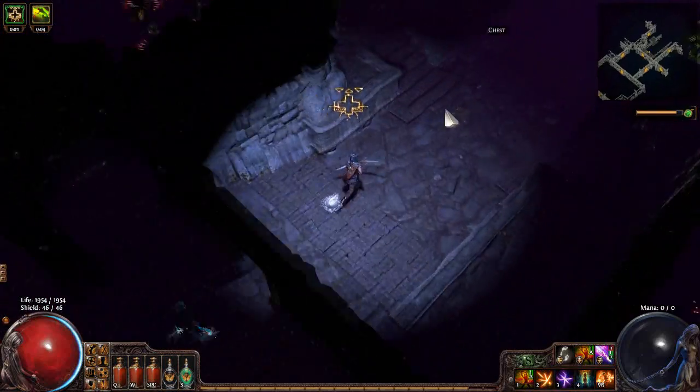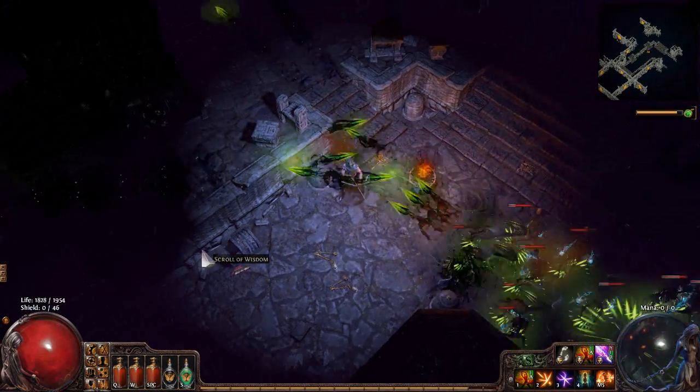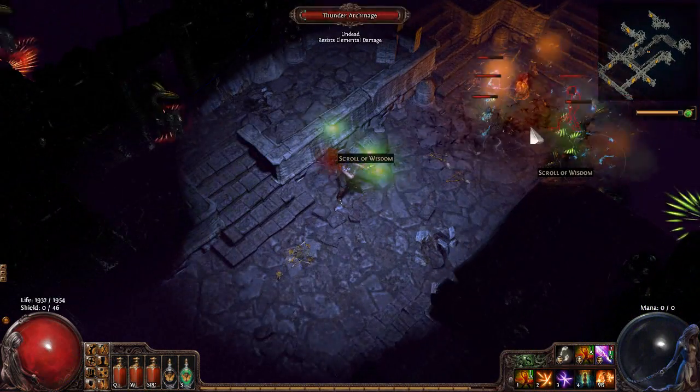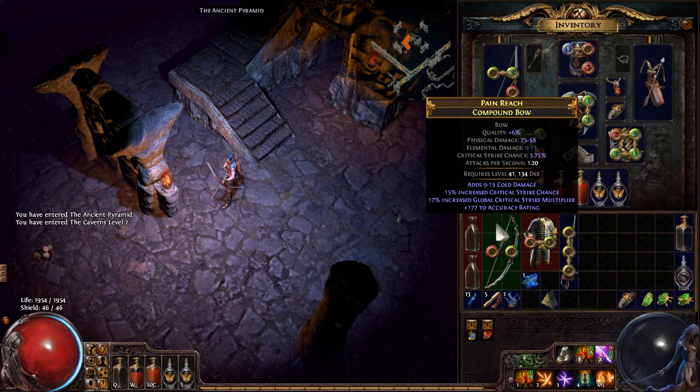Now, the stairwell for this zone appears somewhat randomly. I don't think it's as reliable as the other zones where you can run diagonally each time. So we'll just clear through a bit and find that stairwell if we can. Okay, so we found the entrance to the ancient pyramid. Now, if we do this quickly...